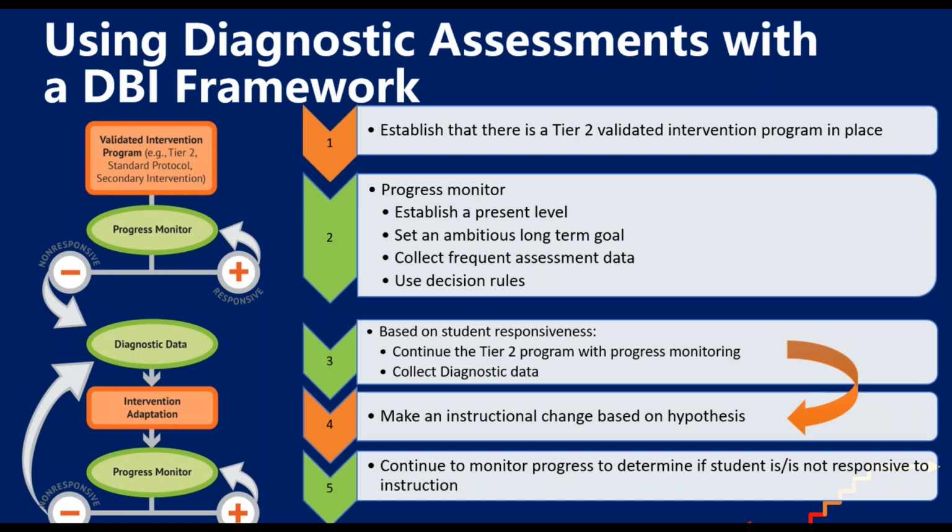within it. So first, we want to identify students who it's appropriate to use DBI with. So we use a universal screening measure. We establish that there's a Tier 2 validated intervention program in place. And then we monitor their progress to ensure that that intervention is effective. We look at that data and use our decision rules to determine if the student is